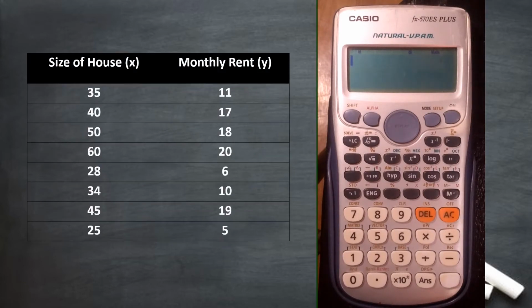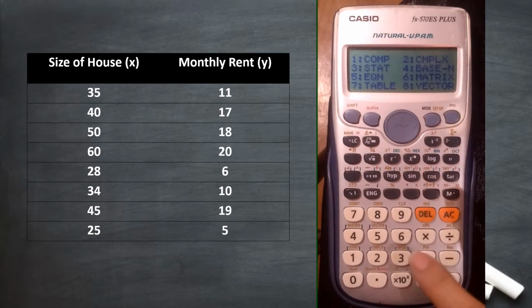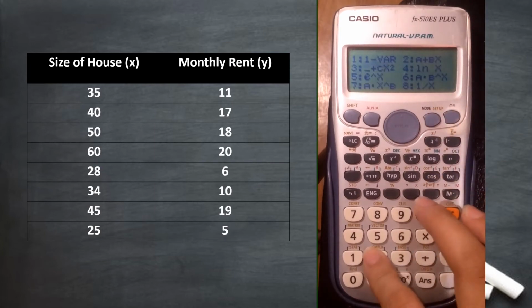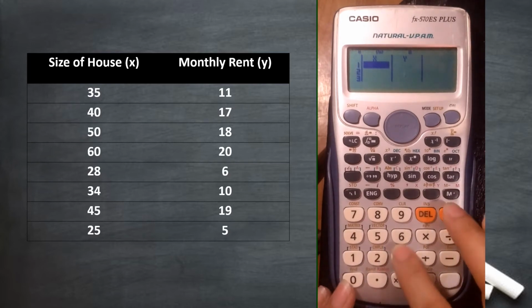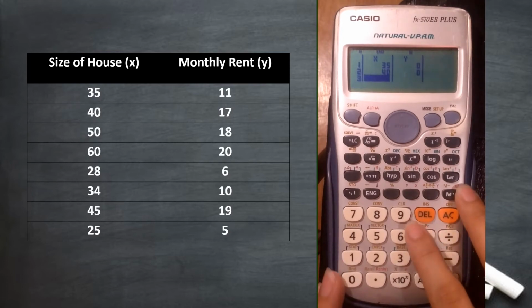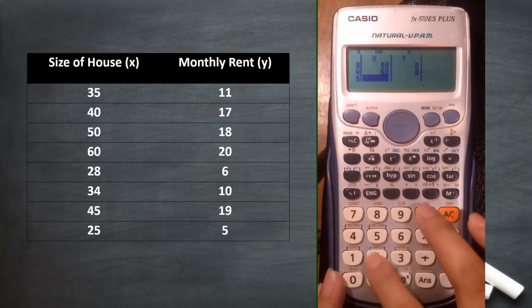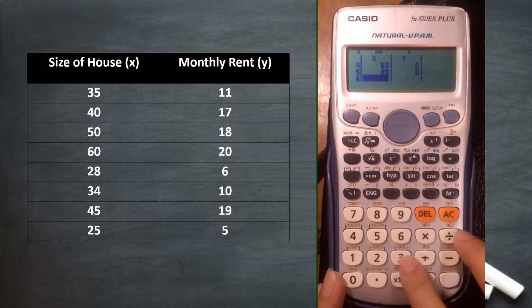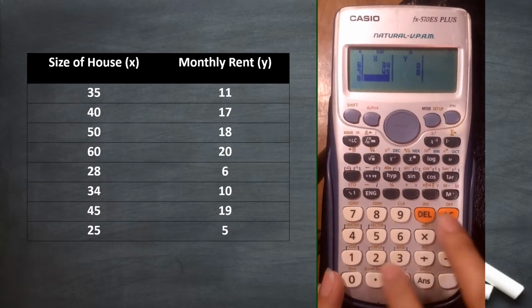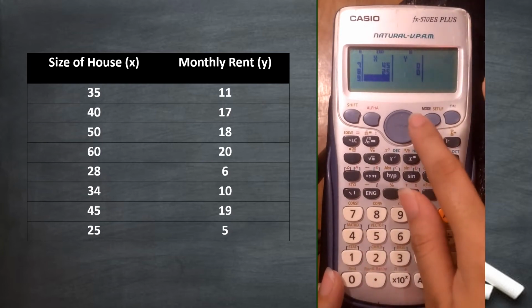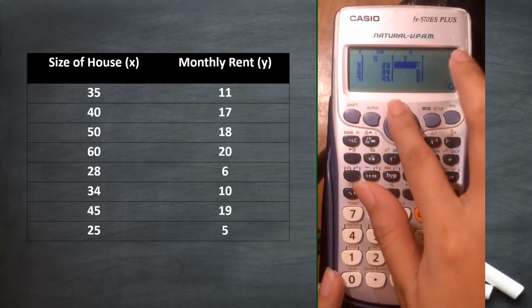Method for problem number 3, we have mode, then stat, then 2, and then let's input the numbers. We have 35 equal sign, 40 equal sign, 50 equal sign, 60 equal sign, 28 equal sign, 34 equal sign, 45 equal sign, 25 equal sign. Next, for the y values,